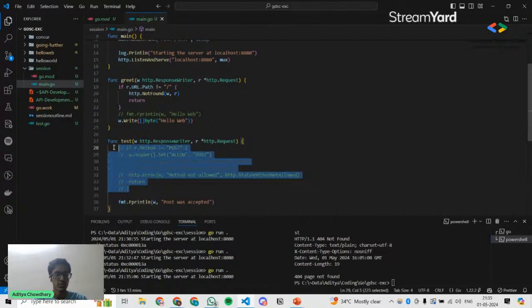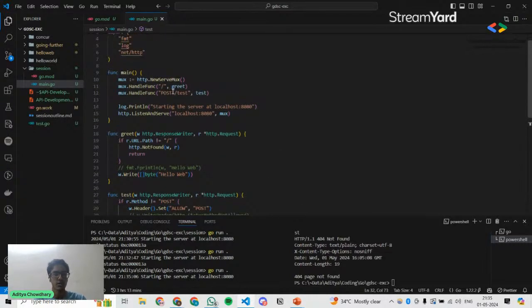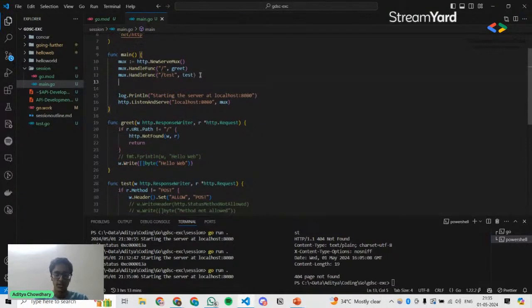But before, you used to do it like this, right? You used to check the method and say if it's POST, and then on that basis, you would write an error response. So I'm just going to change that back. Right. So we're now going to talk about